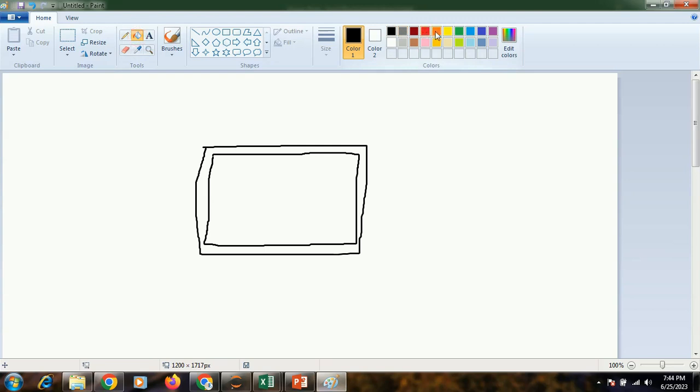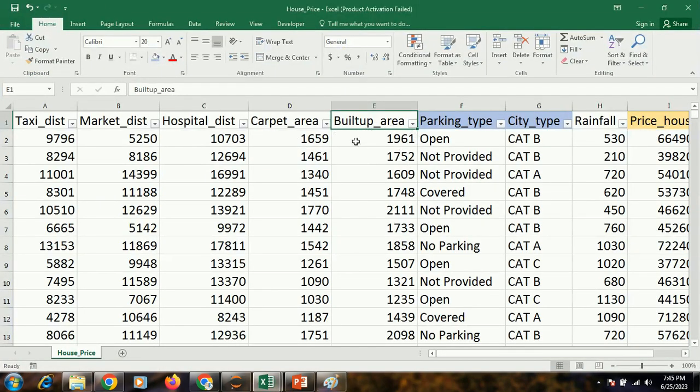So excluding the areas covered by the walls, the rest of the floor area is called your carpet area. And along with carpet area you also add the area where the walls have been built, that is called the built up area. So carpet area, built up area, you have it.